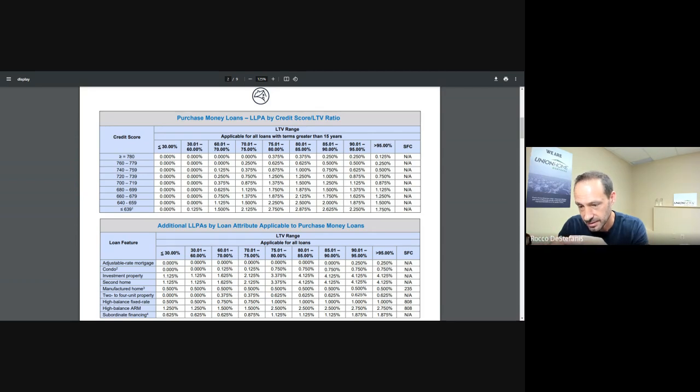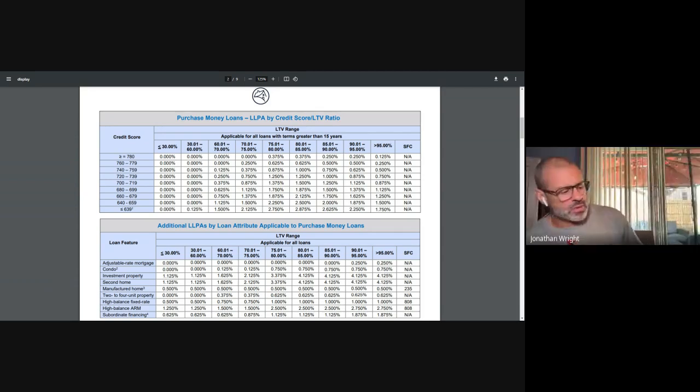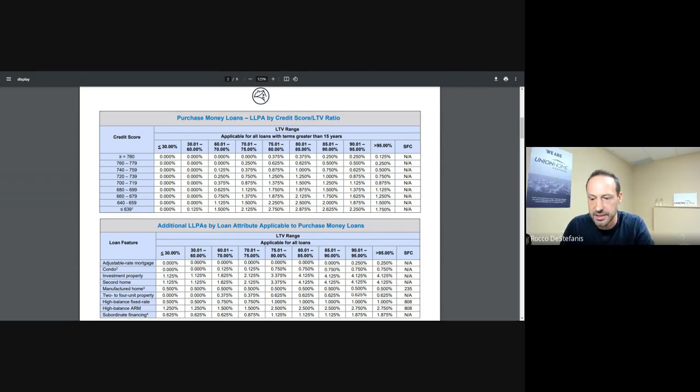That makes sense? Yes. The question I have is, so you said FHA doesn't do this loan level price adjusting, right? So this is only conventional loans? You will see that